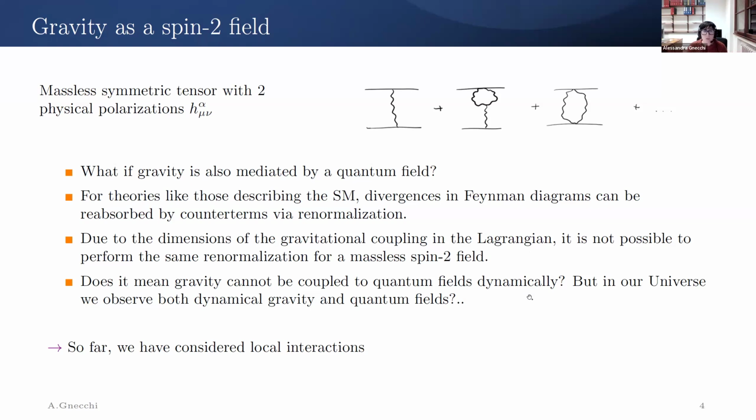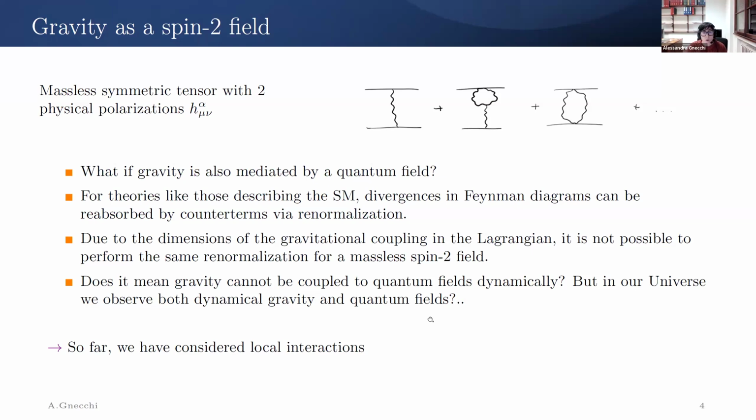And it seems that we are stuck with this amazing tool, which is quantum theory. And this is a problem because in our universe, we know that there is gravity and it's a dynamical field, and we know everything we've described as a field is quantized. So there's definitely the option, and there's some research that takes into account the possibility that gravity is not a quantum field. But I will take the approach of unifying all the interactions in the same language. And so I want to find a theory that is a consistent theory of gravity also at the quantum level.